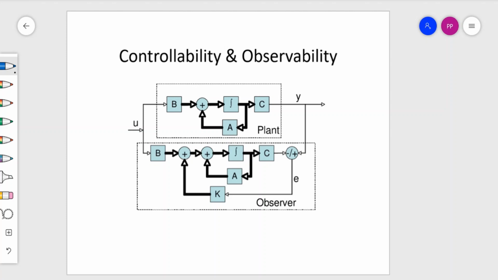So those special techniques are obtained through the observer block, which is shown below, where we are trying to imitate the output of the plant through a special digital technique. You can see there is a block which shows plus minus, so that you can compare the artificially generated output, which is my desired output, with the actual output, and based on that error you modify the input, that is the u, with the help of this error information.